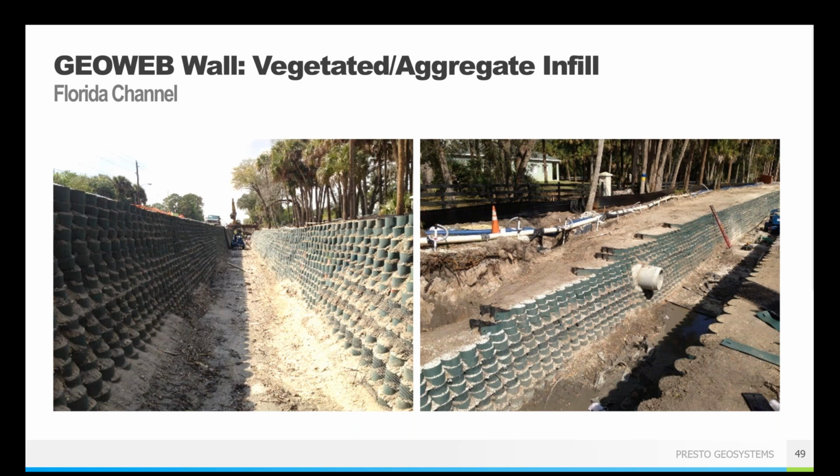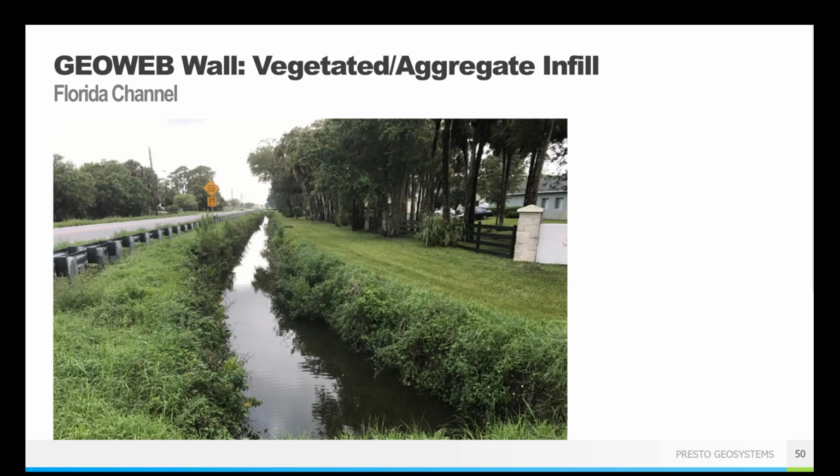And then here you can see once all that vegetation is in and the water is in place, you don't see any of the plastic material, but it is now a good, stable, strong structure. So it's not going to wash out the road to the left or encroach on people's homes to the right.